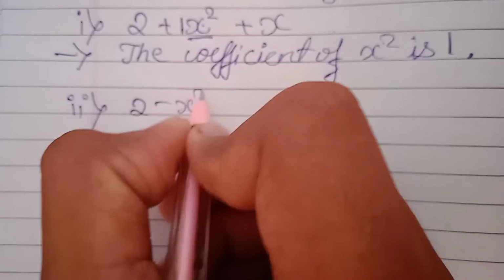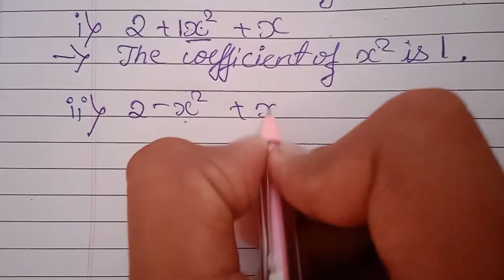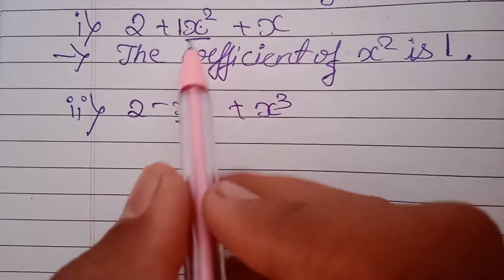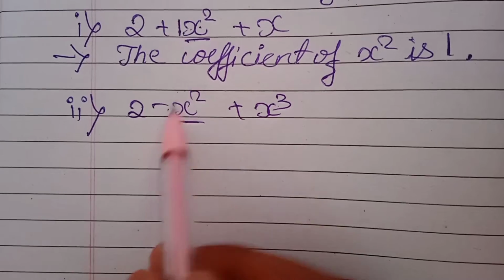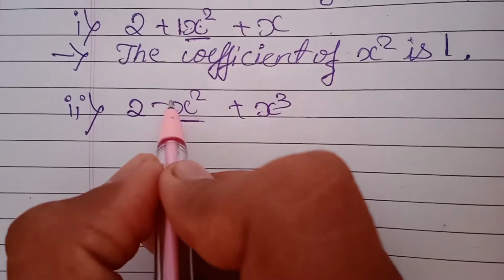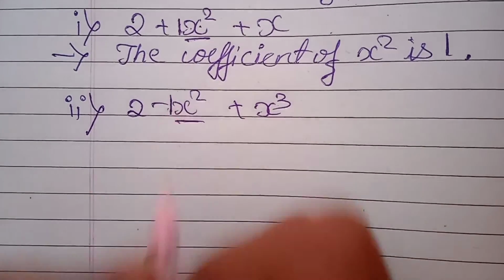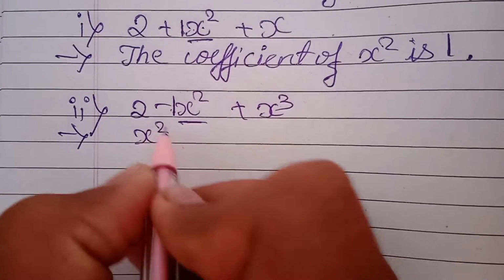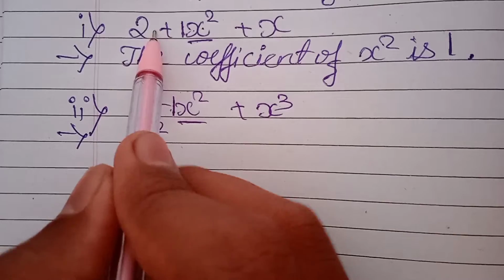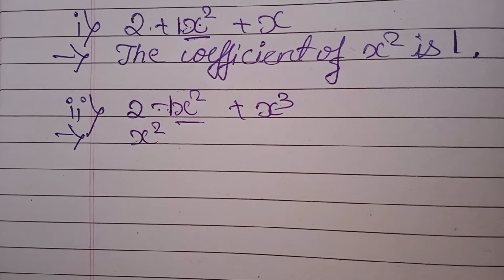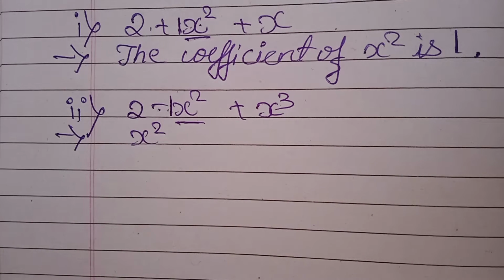2 minus x square plus x cube. In this expression we can find x square here. Same we should apply here. There is no number. Here also there is no number. We had put 1 before and we should also put 1 here, and write the coefficient of x square, with the minus symbol here, the plus symbol and here the minus symbol. Keep concentrating friends and read the question 2-3 times. Read carefully and